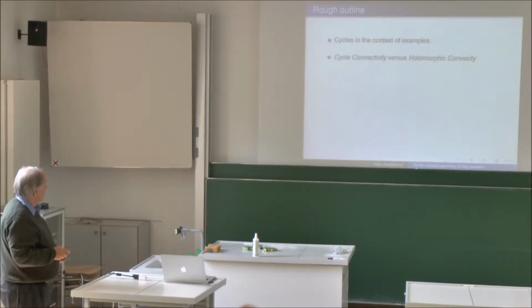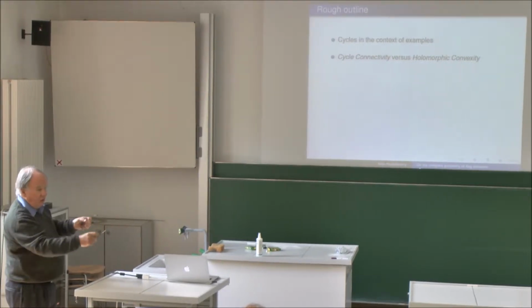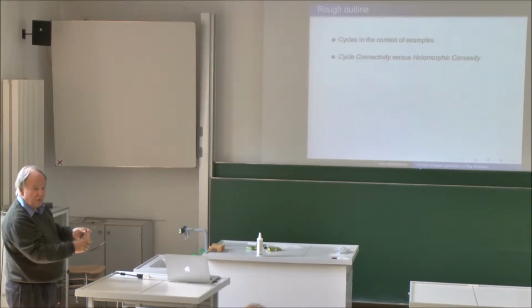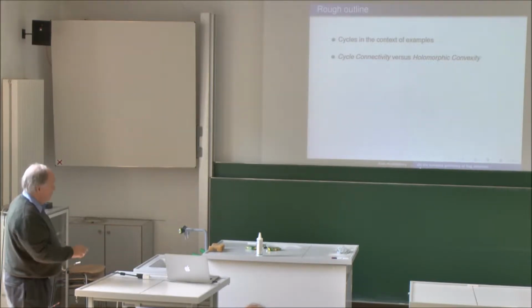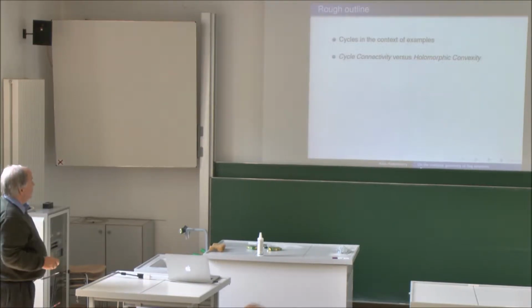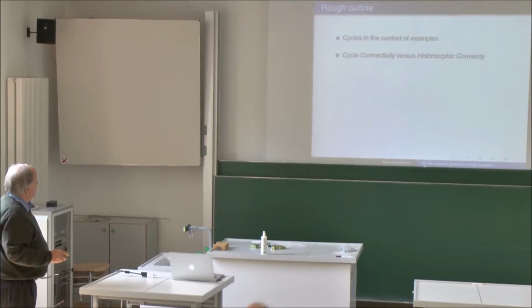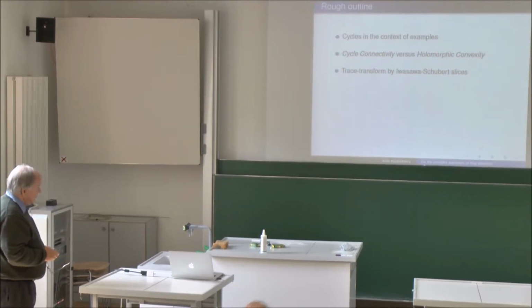The first small remarks will be a discussion of cycle connectivity. You can guess what that means: the possibility of connecting 2 points by a sequence of cycles, whatever these cycles are. These are compact varieties, and we're going to connect 2 points by natural compact varieties. And then the relation to the concept of holomorphic convexity, which is a complex analytic concept. Then I would like to try to explain